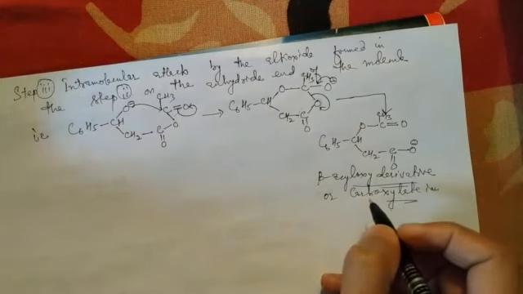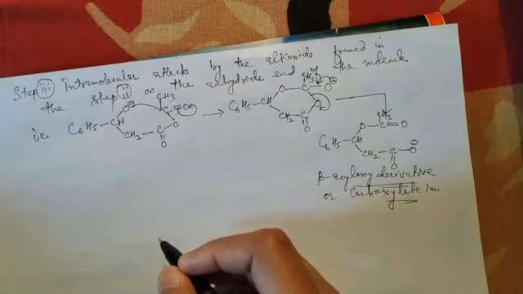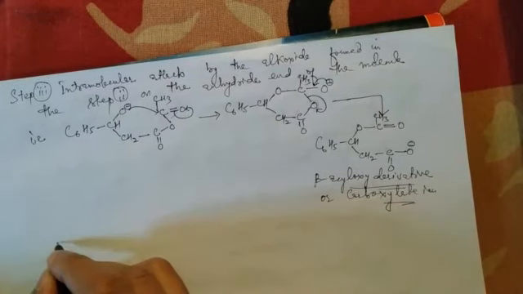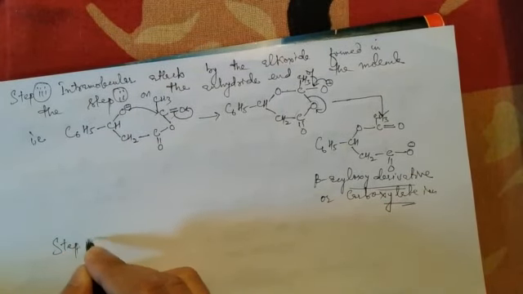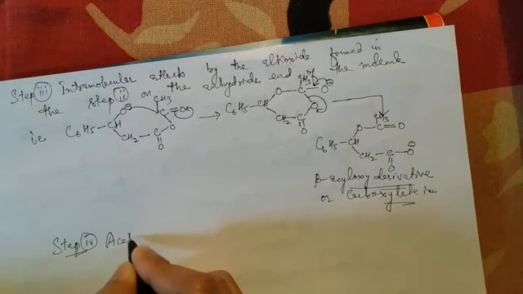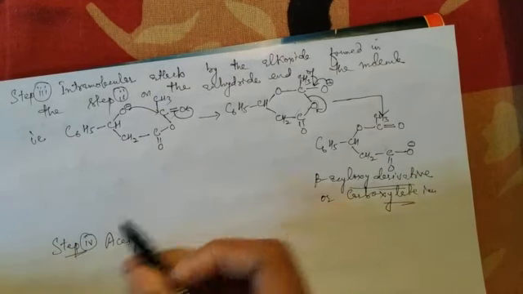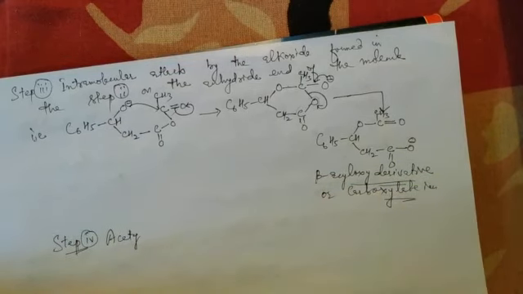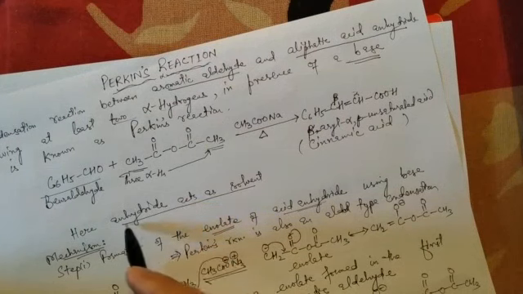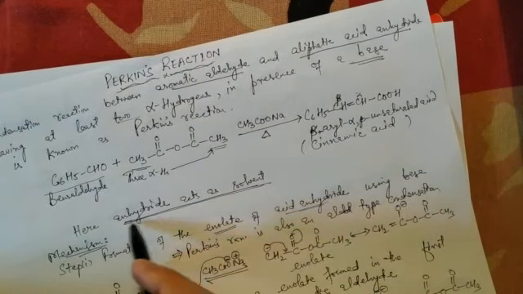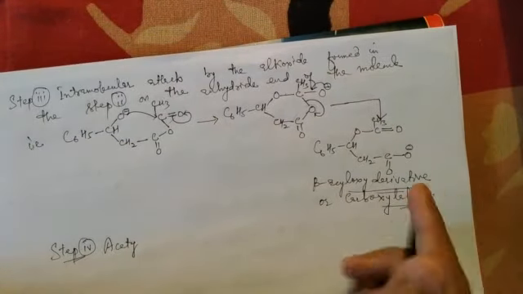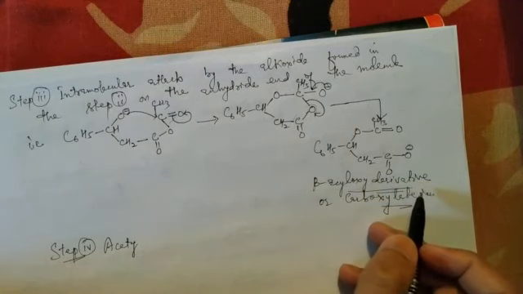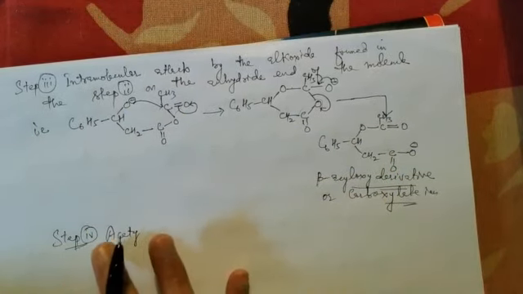Now this is acetylated in the next step, that is step 4. So in step 4, what happens? Simply the acetylation. Since we have taken the anhydride as our solvent, as I have already shown you at the beginning of this mechanism, acid anhydride acting as solvent. So the solvent is there, and this carboxylate ion, or beta acyloxy derivative, that is formed in step 3, undergoes acetylation.